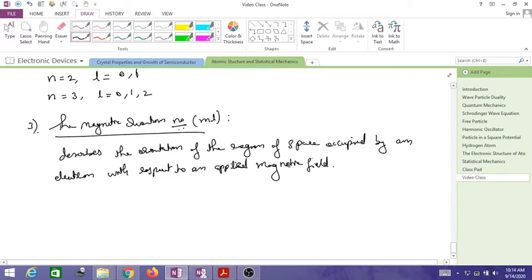So it means it describes the orientation of region of space occupied by an electron with respect to an